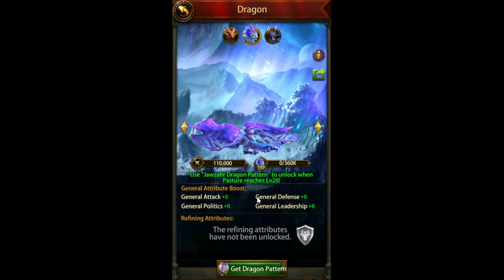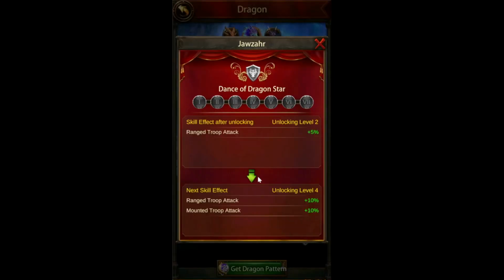But it looks like this dragon is kind of a replacement for Nidhogg. It looks like they're trying to give people another option. Because if we look at the actual buffs that you're going to get, Dance of Dragonstar, basically you're getting ranged troop attack. You don't really need ranged troop attack probably if you have the Celtic Demon already geared up for range. But it looks like it's going to be another range troop attack and mount troop attack dragon. And that mirrors exactly